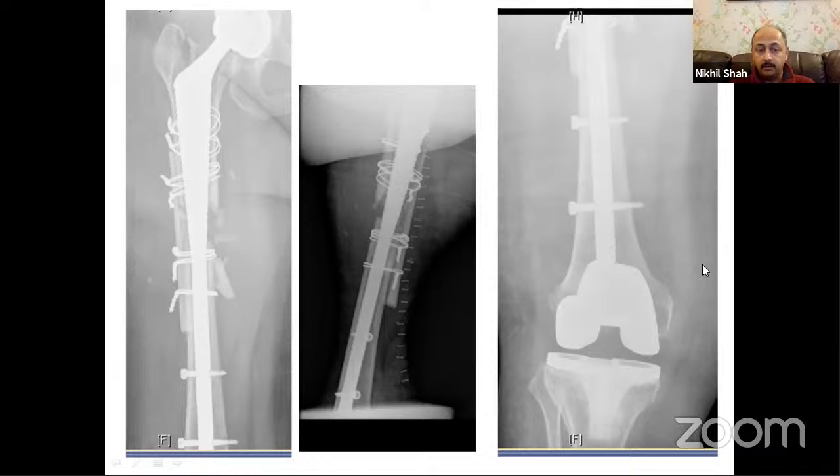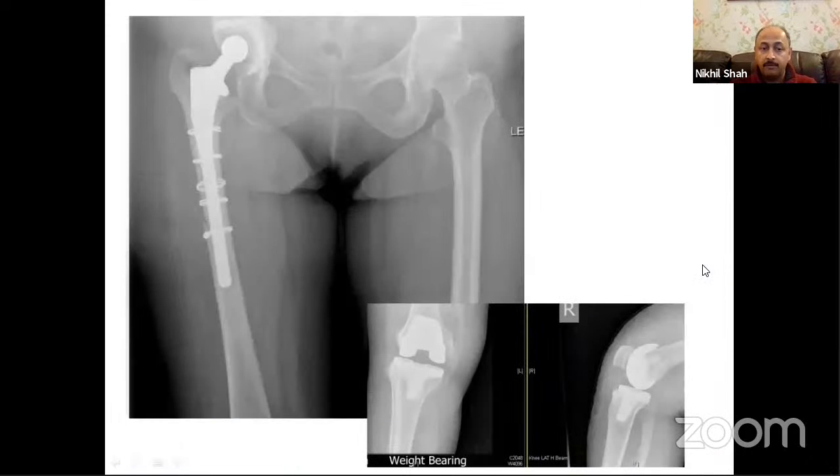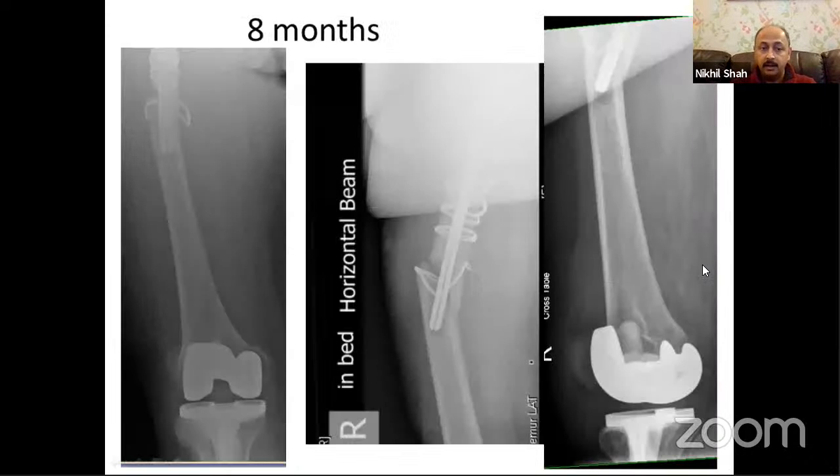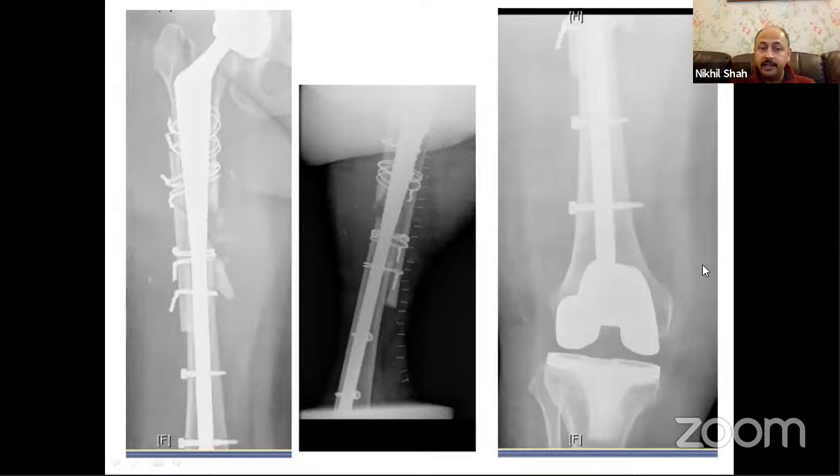When I went in to take out the stem, despite the ETO, the stem was very solidly united medially. So the stem had got very good ingrowth on the medial side. And surprisingly, the ETO was ununited. As soon as I cut the wires, the ETO sprung open. But there was a lot of fragmentation medially in an attempt to take that stem out.